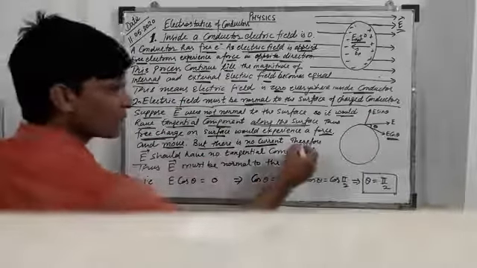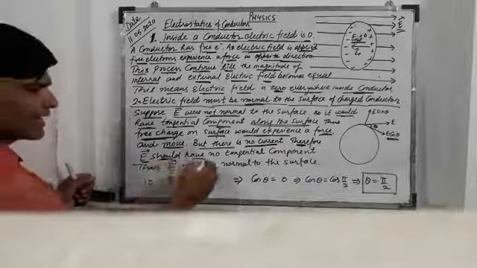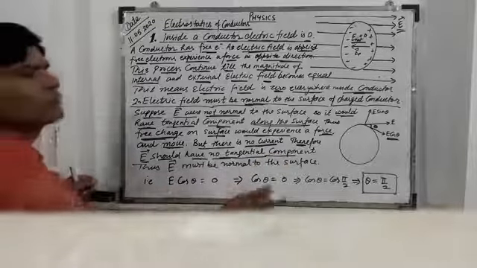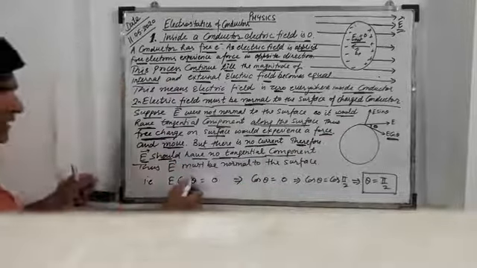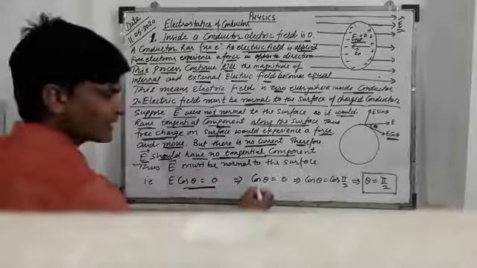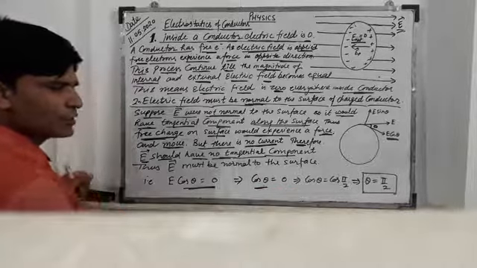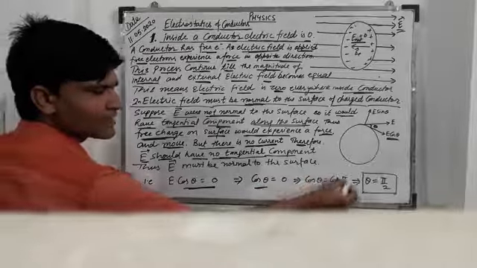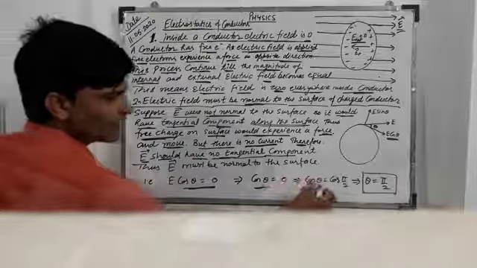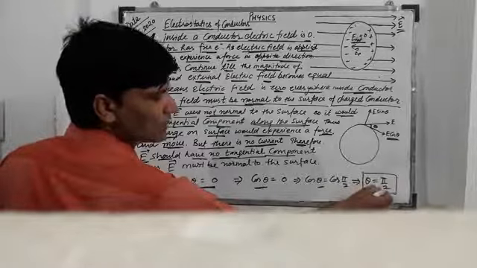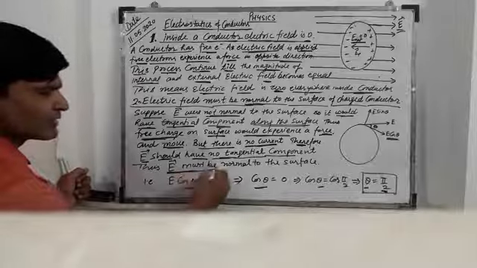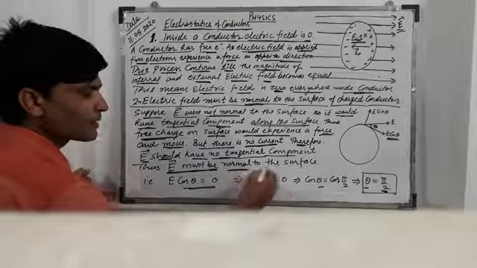Therefore E should have no tangential component, means E cos theta is 0. That is cos theta is equal to 0. This means cos theta is equal to cos pi by 2, because cos pi by 2 is 0, then we get theta is equal to pi by 2. This means electric field must be normal to the